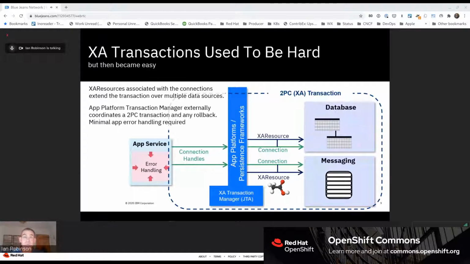And through standards like Java Transaction API in J2EE, again, applications could fall back on just using simple connections to the backend data stores and simple APIs like JTA to demarcate their transaction scope, and not then have to worry about any of the coordination that's going on between the backend systems.